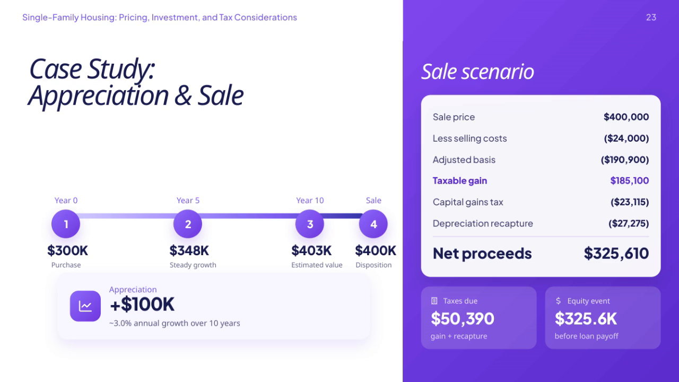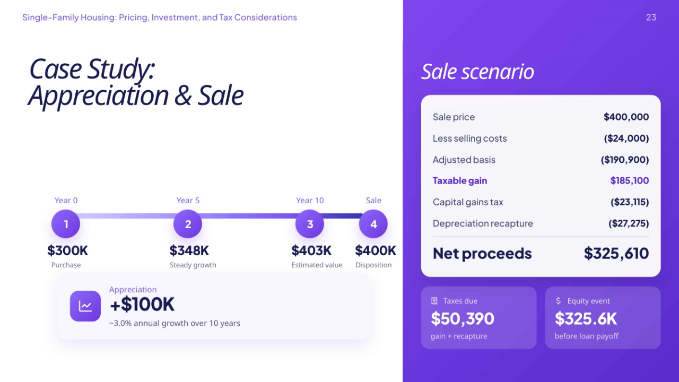Over the 10 years, the property appreciated by about $100,000, translating to an average annual growth rate of around 3%. Now, breaking down the sale scenario, the sale price is $400,000, but we deduct selling costs of $24,000 and an adjusted basis of $190,900, leaving a taxable gain of $185,100. From this gain, capital gains tax comes to